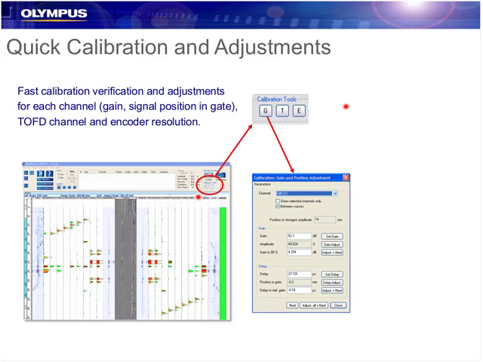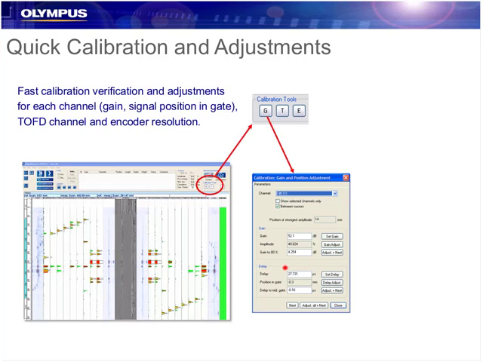If I pick a certain zone or a group of zones by highlighting many of them, it's going to have each channel or zone, and it's going to tell me immediately what the amplitude is, as well as how much gain it would take to get to my calibration level, which might be 80%, and also for the gate. So we're basically concerned with two things, the amplitude of the reflector and the position in the gate. We want the reflector to come up right in the middle of our gates that we set to be